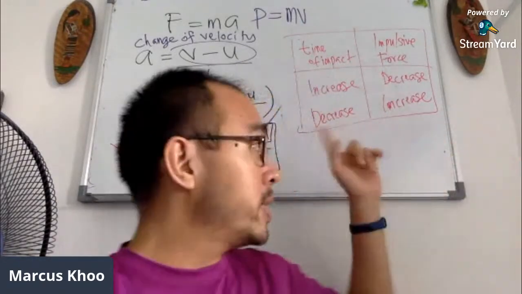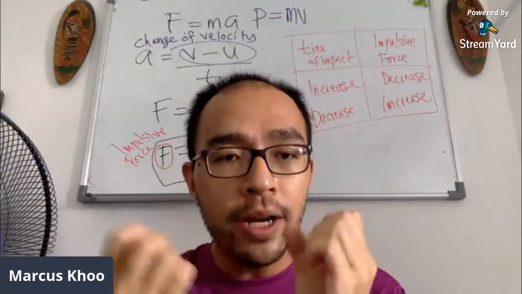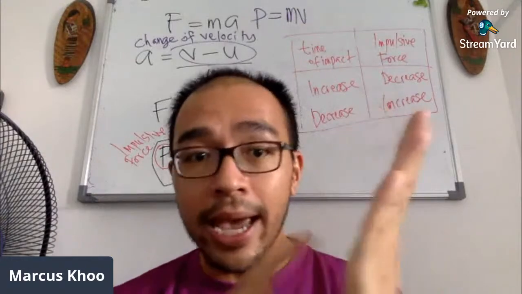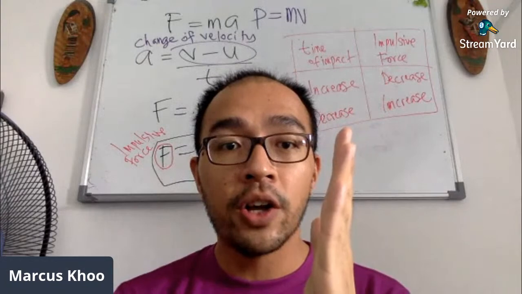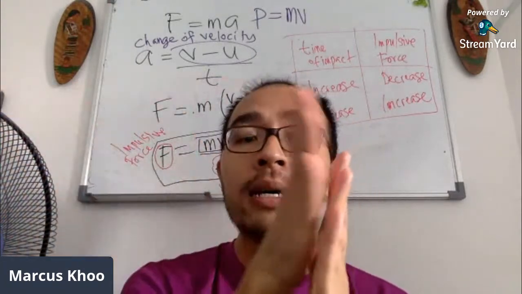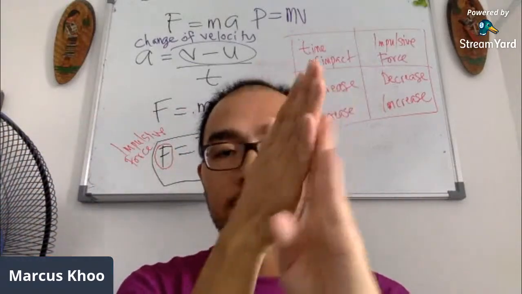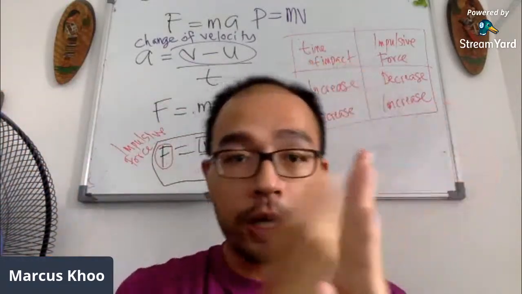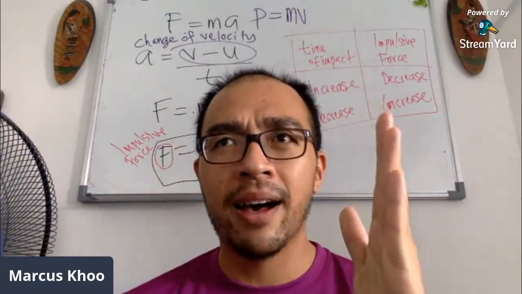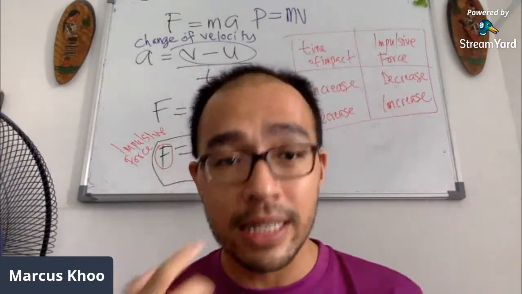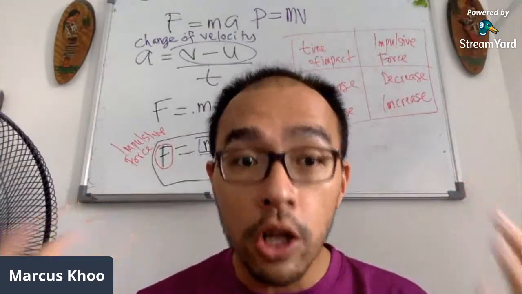Because as we said, when the time of impact is very short, very fast, you find that the impulsive force increases. This hand that is going to slap is going to feel a much bigger force, more painful. Then if I were to slap this person, but I take a very long time to touch this hand, we find that the time is so long, this guy is going to be like, was that even a slap? It's not even a slap at all. And we find out that this relationship helps us in a lot of things.